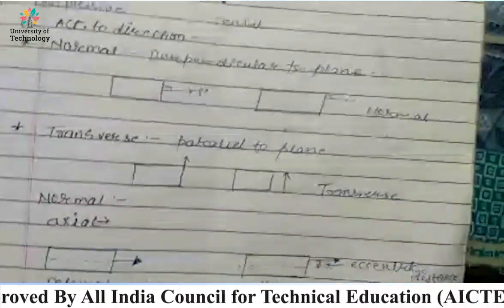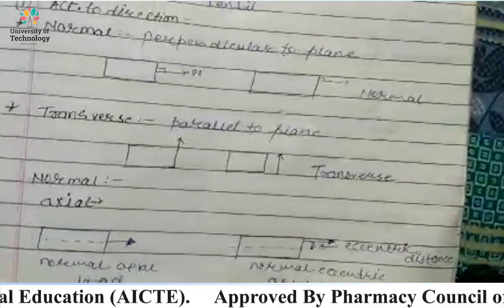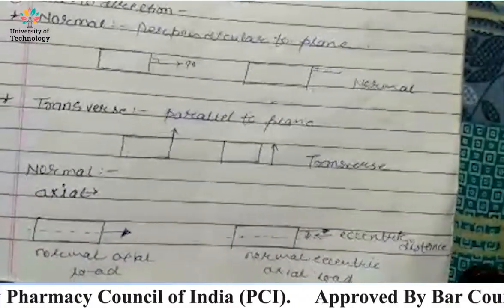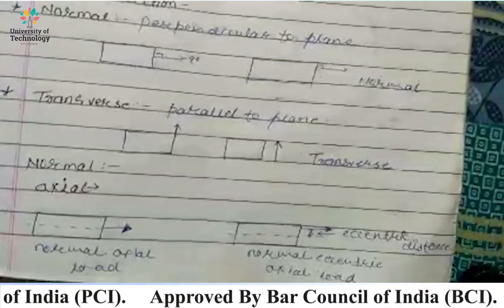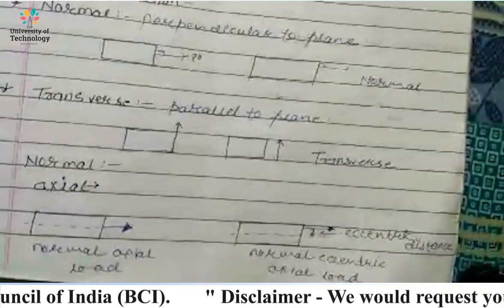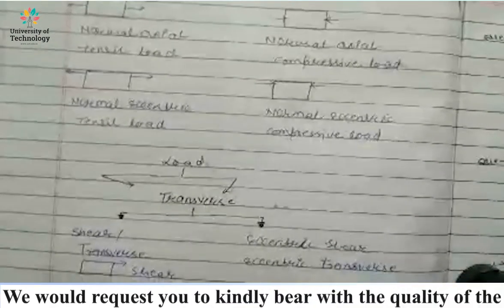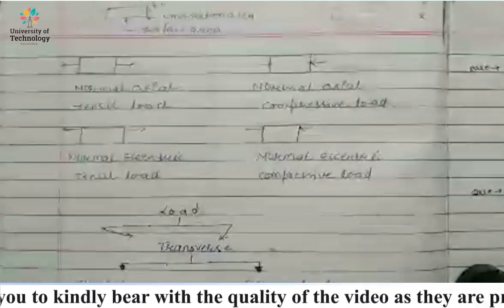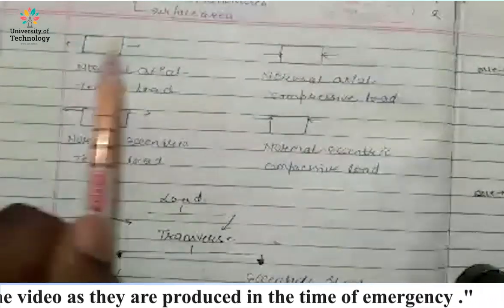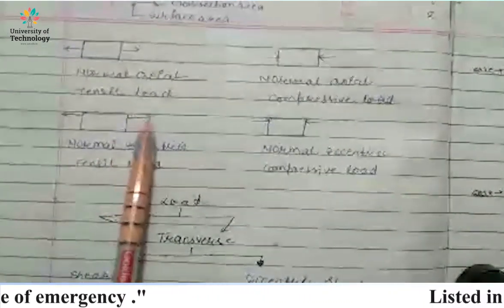The third is normal axial. Normal axial means it is with respect to the axis. We can see this diagram, so this is normal axial force, and this is the normal axial tensile load. Tensile load is the tension force. This is the tension force on the body, so this is known as normal axial tensile force, and